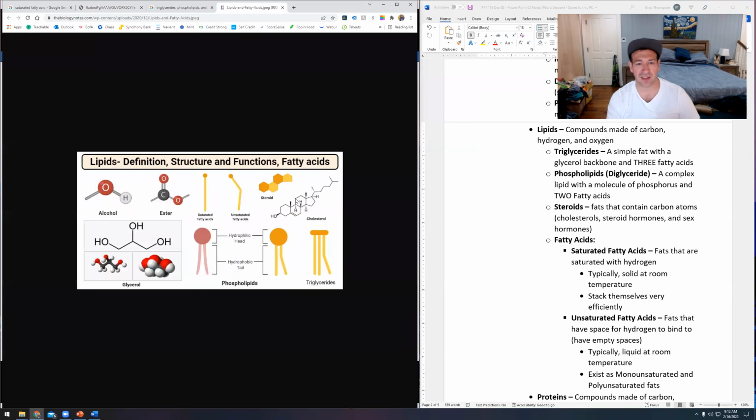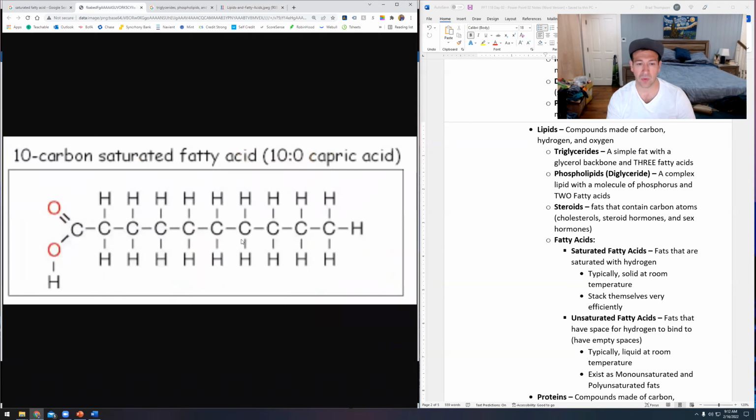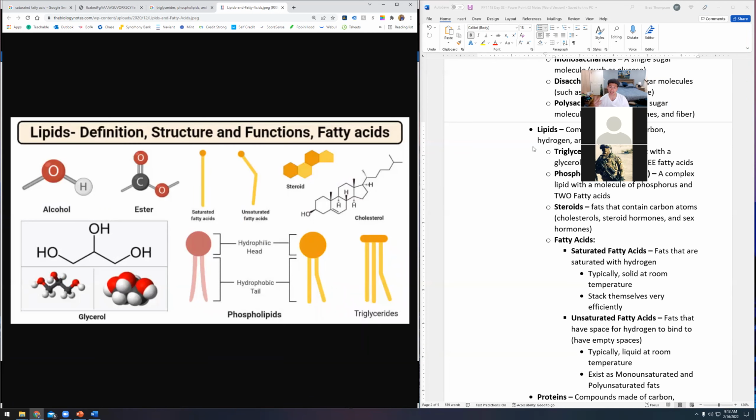So if you take a look right here, you can see what a triglyceride looks like on a chemical level, right? There's this little backbone right here, and then there's a fatty acid attached to it. Now, if that fatty acid is saturated, we call that a saturated fat. If it was unsaturated, we would call it an unsaturated fat. So there's a couple different types of fatty acids out there whenever we're talking about triglycerides. Triglycerides are mainly the fatty acids that we are talking about when we're talking about fats, but there are plenty of other ones that we're getting as well.